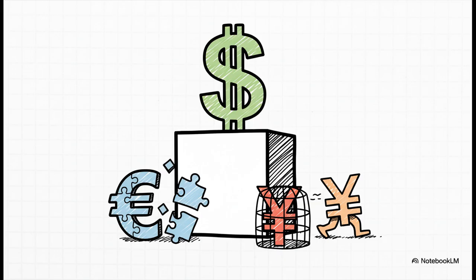So, where does that all leave us? Well, for now, the dynasty holds. And this slide really sums up why. The dollar's greatest strength isn't its own perfection. It's the simple fact that there is no other currency, no other market in the world that can offer the same cocktail of size, safety, and trust that the US financial system can. It's kind of the best house in a shaky neighborhood.